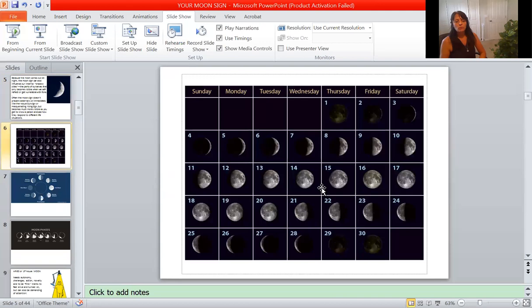All right, a little bit about the moon, which is interesting. I put on a calendar so you can see from the new moon or no moon, how it will, this is called the waxing or building up. You know, the waxing is putting wax on. And so it's getting a little bit more, a little bit more, a little bit more. And you can see 2 weeks later, it kind of started over now, like here, it reaches the full moon. And then it starts to wane or get less, and you see it's getting lesser and lesser and lesser and lesser, and then 2 weeks later it will be back to new.